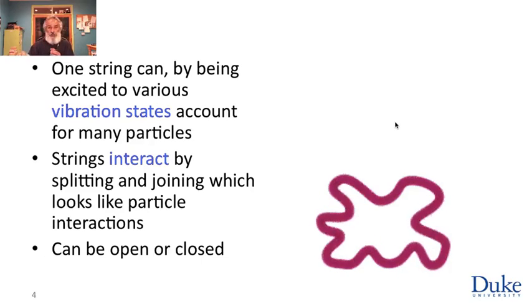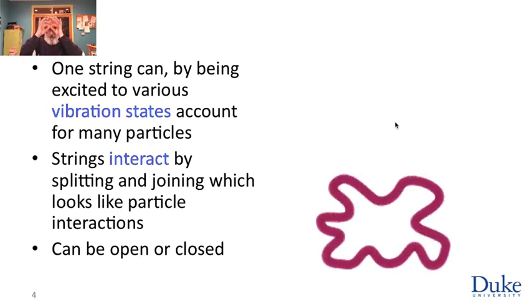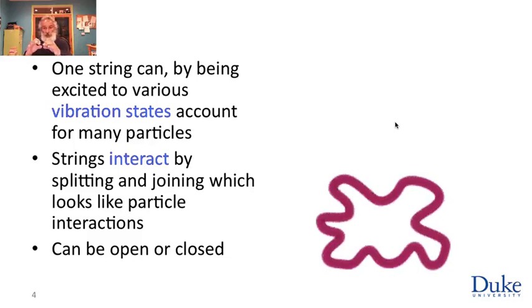So the way that strings interact is a unique idea. There's only one interaction: if two strings at any point along their world line occupy the same event, the same point at the same time in space-time, they can split and join. In other words, two strings coming in this way will most of the time go through each other, but with some probability, the four edges coming into such an intersection will trade roles. So as a string wiggles, for example, if one point in a string wiggles so it's close to a figure eight, it can pinch off and break into two strings.